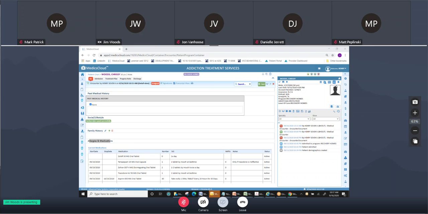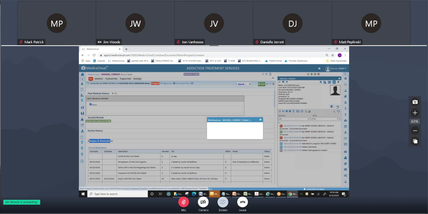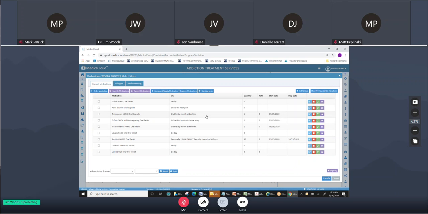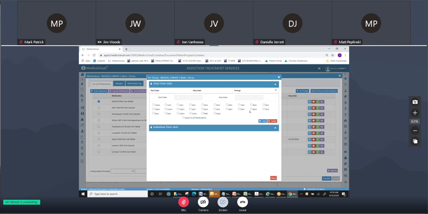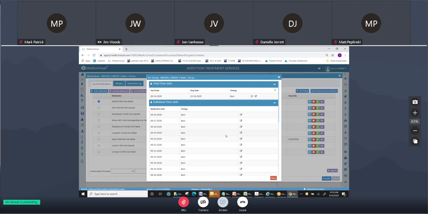Now, in order to put those on a regimen, when is the patient supposed to get them, to set the timings, the set timings is going to be the little blue medication log on the right-hand side. So if I want to take that Zoloft, it's going to open up the e-prescribing application. I'm going to take the Zoloft, select set timings, and say, when do I want the patient to get it? Well, we'll say they need it in the morning after breakfast, and we'll start it. Let's start it today so it goes to the bedboard. 1 click over will be 30 days, and we'll hit save. And what it does is it creates my